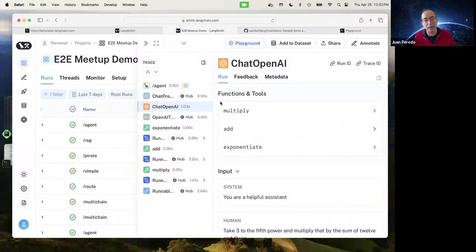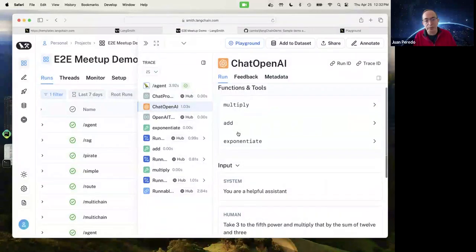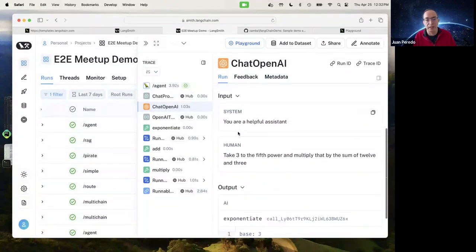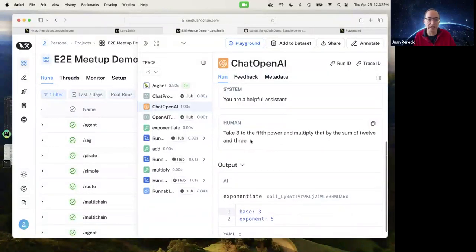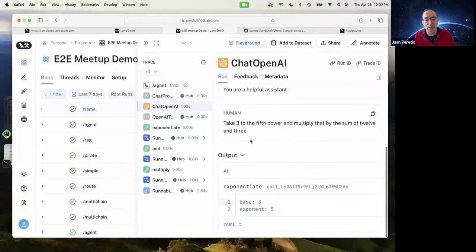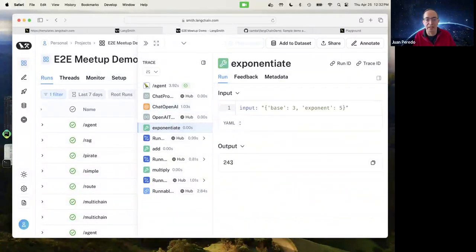As part of the prompt, we're sending the 3 functions that OpenAI can use, telling it you're a helpful assistant, and here's the question the human is asking. The first thing it replies is that it needs to exponentiate, wow, that word is hard to say, 3 to the 5th exponent. It returns that information to our agent executor, and the agent executor runs that and gets 243.